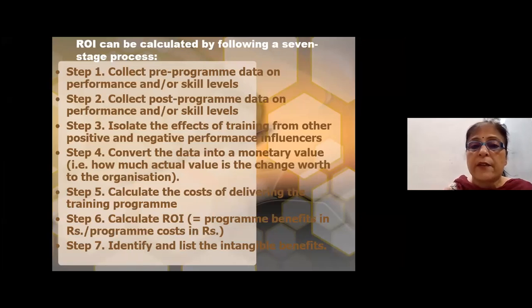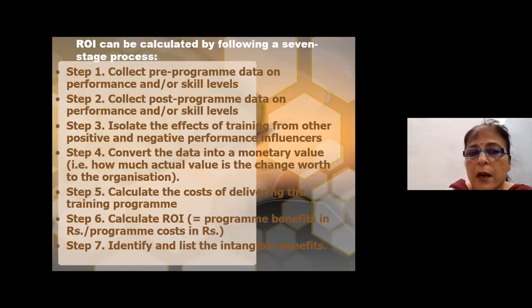What is the current level of performance of the participants? What is their knowledge level? What skills do they require? These are to be listed. And you need instruments for this also. You need to create questionnaires and surveys to elicit this information, to obtain this information, and then you need to